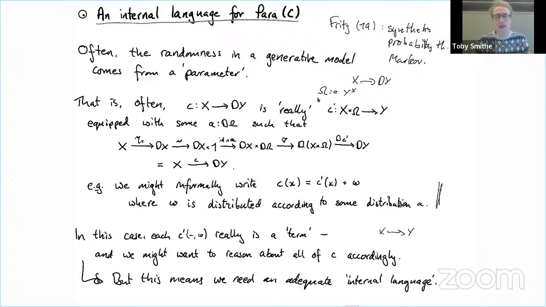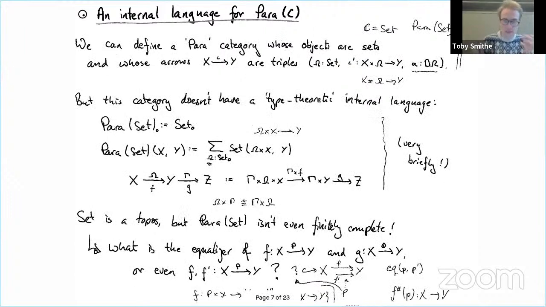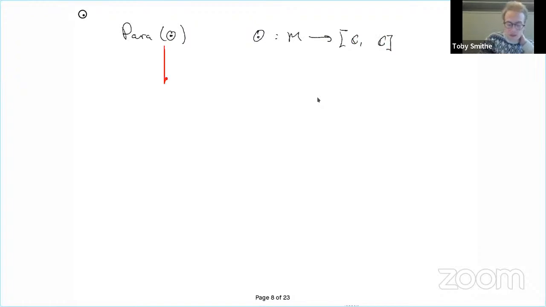And so, you can indeed make a kind of para-like category. This para is really often written for a monoidal action, some monoidal action from some monoidal category C, M onto C. And you could define a kind of para category where the morphisms are like P with this action on A and B. And so what we can do is define a category where the objects are, say, sets, and then distributions on them.